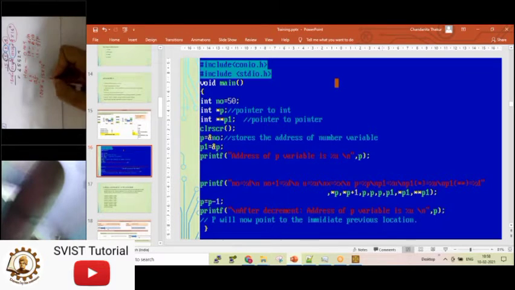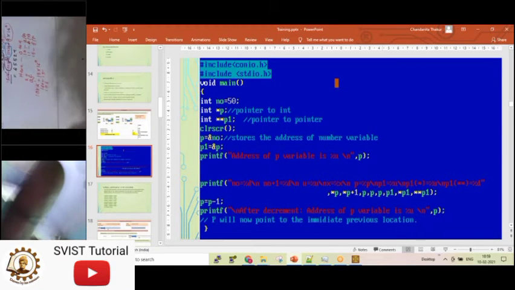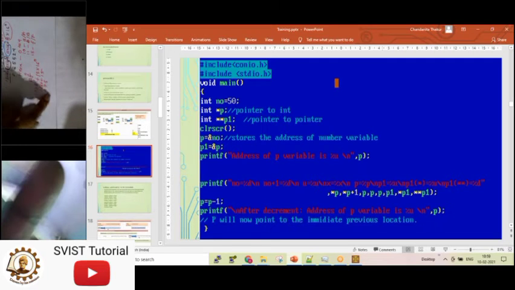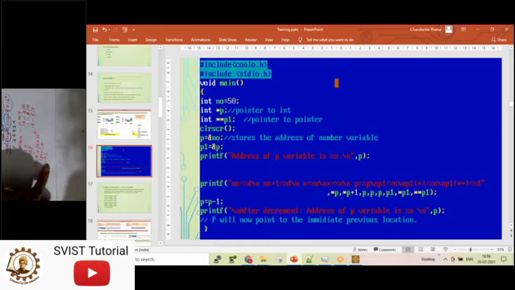So 15 into 1 is 15, then 16 into 10 is 160, so it will be 175. If you convert this hexadecimal to decimal, it will be 175. Is it understandable?